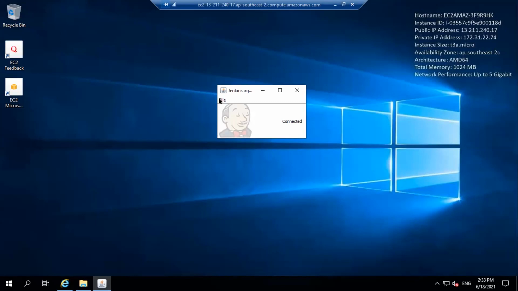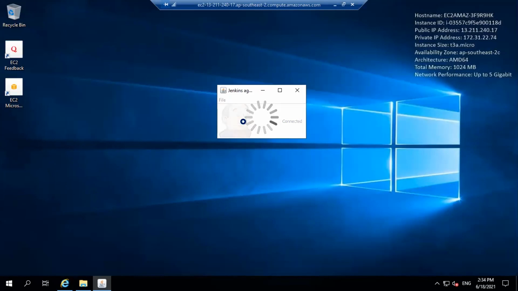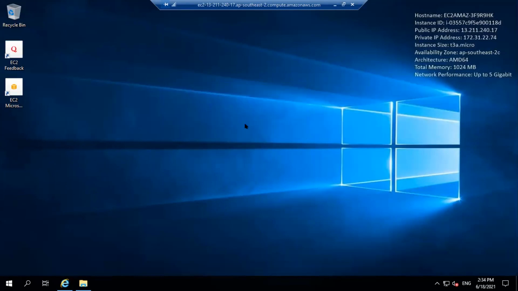So Jenkins allows you to install this particular thing as a service. So whenever the server is restarted, the service will automatically get restarted. If you just take your mouse there, you will see an option called File. Click on that, click on Install as a service, and then click OK. Now, if you go to the